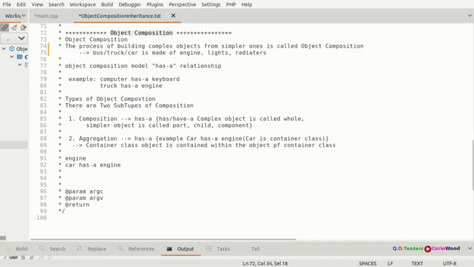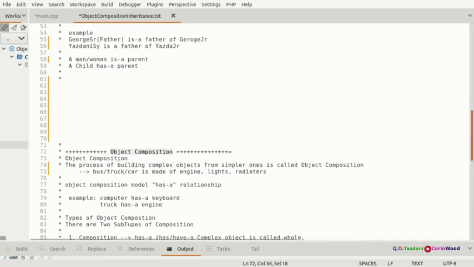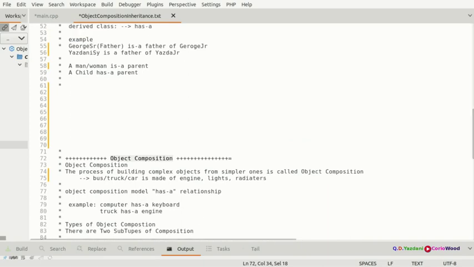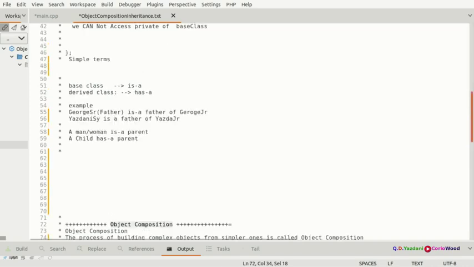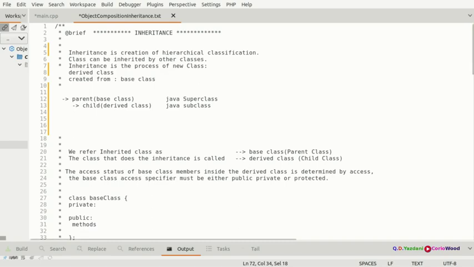If you don't understand this, leave a comment, and we're going to try to address this in future videos. We'll go through this one in future videos, because once you get it, you're going to understand this. But this one is very important. Inheritance is one of the basic building blocks of object-oriented programming. If you don't understand inheritance, then you're not going to understand virtual functions, and you're not going to understand polymorphism. So inheritance is very important.